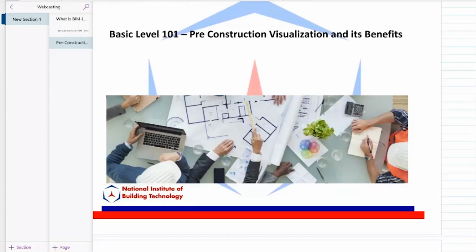And how do you know what the time is? That is where 4D comes in. It's extremely important to start preparing schedules, right? So how do you take this 3D model, put together a schedule and do simulations? These simulations will explain how the site logistics are working. I'll show you some samples that we have, and I think we have some samples on the NIBT website also.